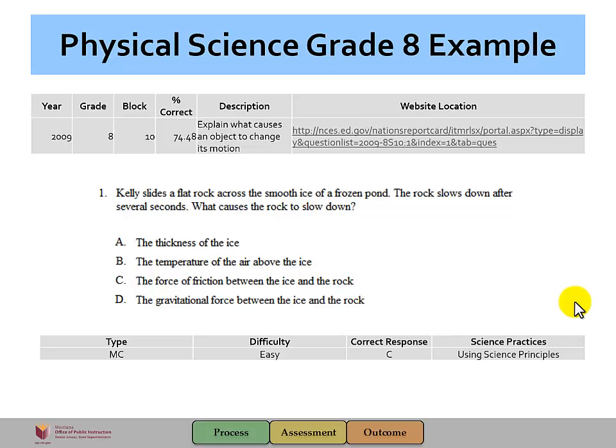and interactions, and that the component code is PS2A, forces and motion. The effect of unbalanced forces on an object results in a change of motion. Patterns of motion can be used to predict future motion. Some forces act through contact. Some forces act even when the objects are not in contact. The gravitational force of the Earth acting on the object near the Earth's surface pulls the object toward the planet's